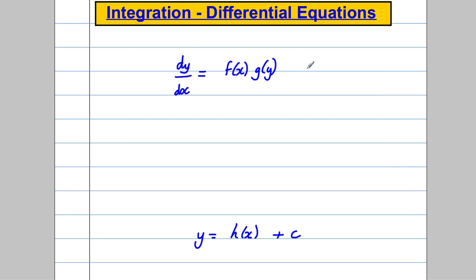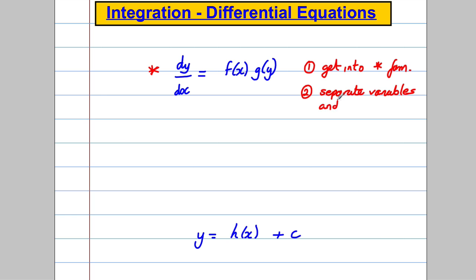So step one would be to get the differential equation in this type of form, so that the dy by dx is some function of x multiplied by some function of y. So get into star form, I'll call it star form, if it's not already in star form. The next thing that you would do is you would separate variables